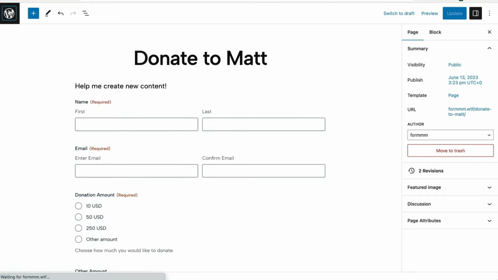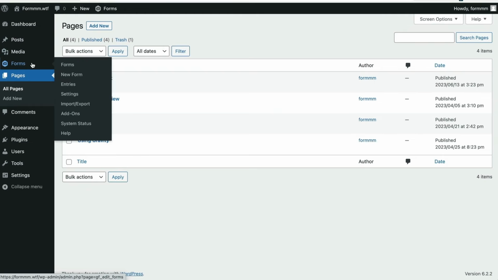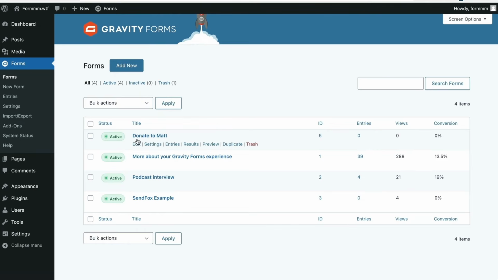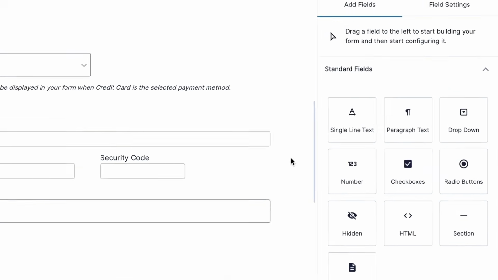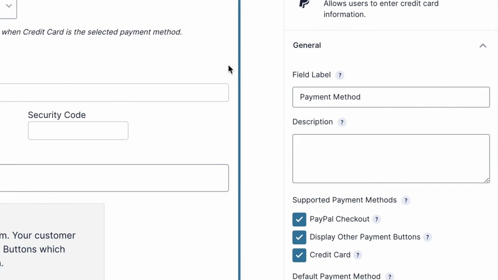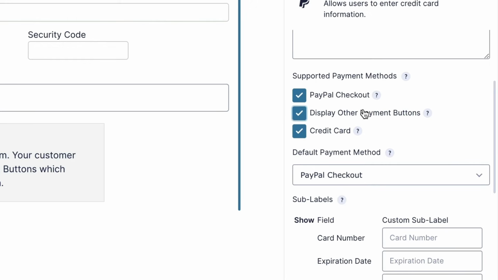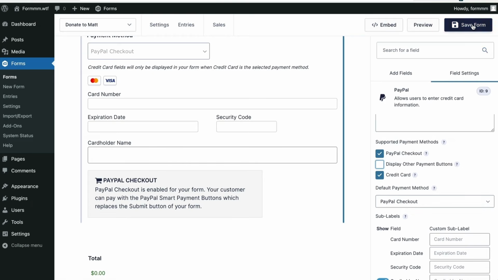Let's go back to editing this form. Forms, edit. And what we want to change here is let's click on the PayPal field block. What we'll do is take a look at the supported payment methods. Now, you can always hover over this to get the question marks to get some more details here, but this is where we can uncheck the other payment buttons. So if we didn't want that list of payment form types to appear, we can hit Save Form,